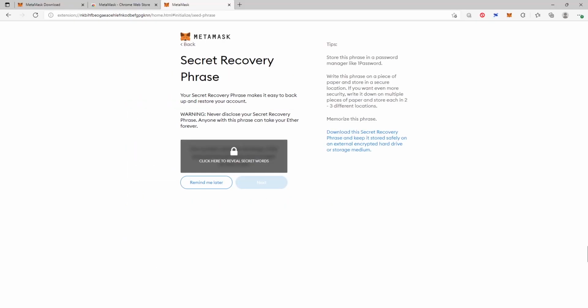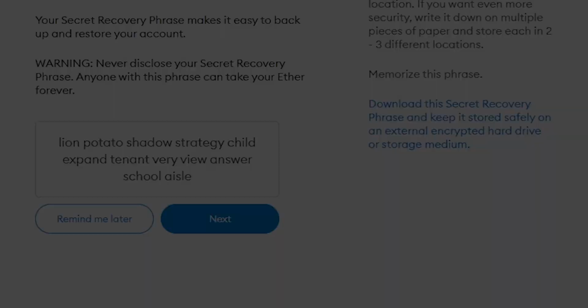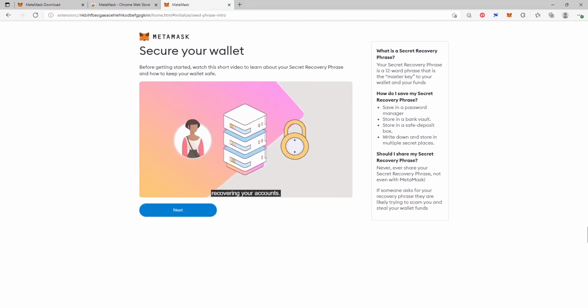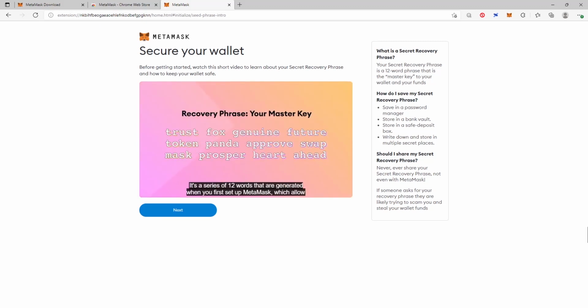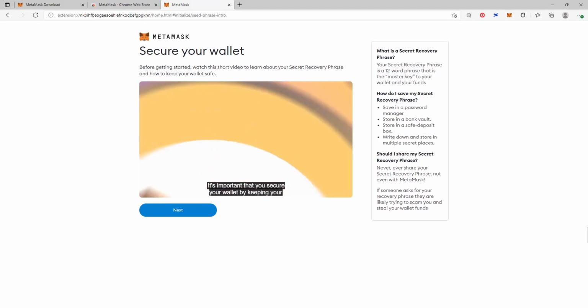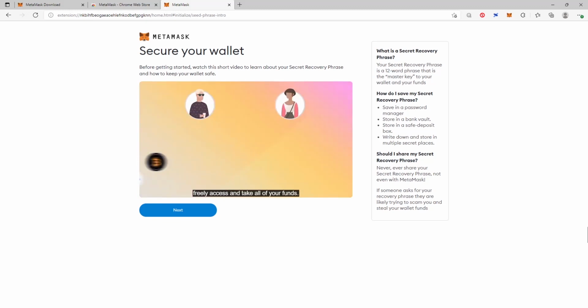To advance, click here to reveal secret words to show the seed phrase. MetaMask requires that you store your seed phrase in a safe place. It is the only way to recover your funds if your device crashes or your browser resets. You can write it down on a piece of paper and store it safely in a place where only you